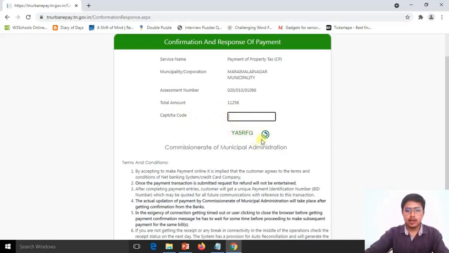You can find it here. If you are not getting this captcha code, it means either your internet is slow or there is some problem with the website. In that case you can refresh the website or you can start the whole process again. Now in this case you can see that the captcha is clear, so you can type down the captcha